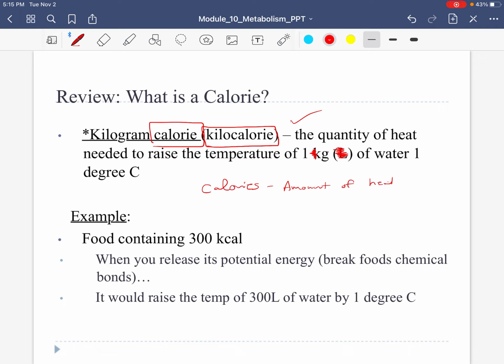Calories would be the amount of heat given off by food, because heat in the body is also a form of energy. So a calorie is the amount of heat that food gives off and how our body can use that heat